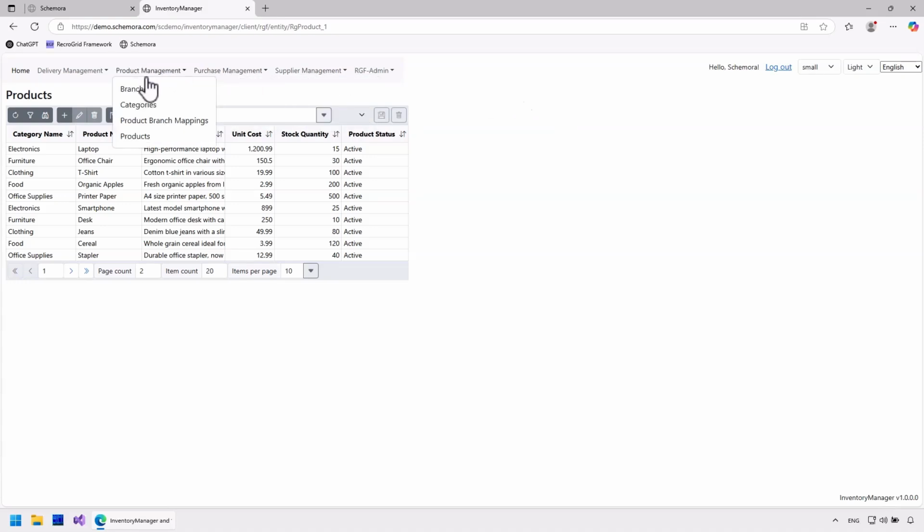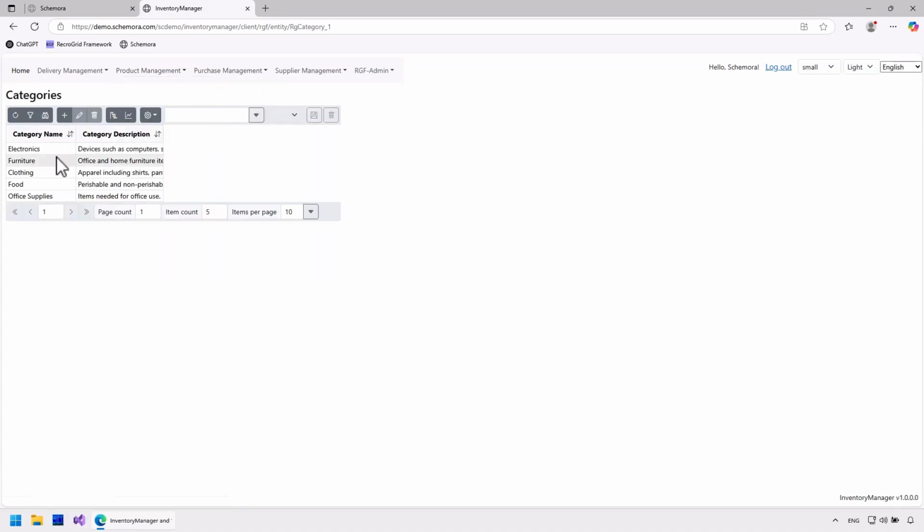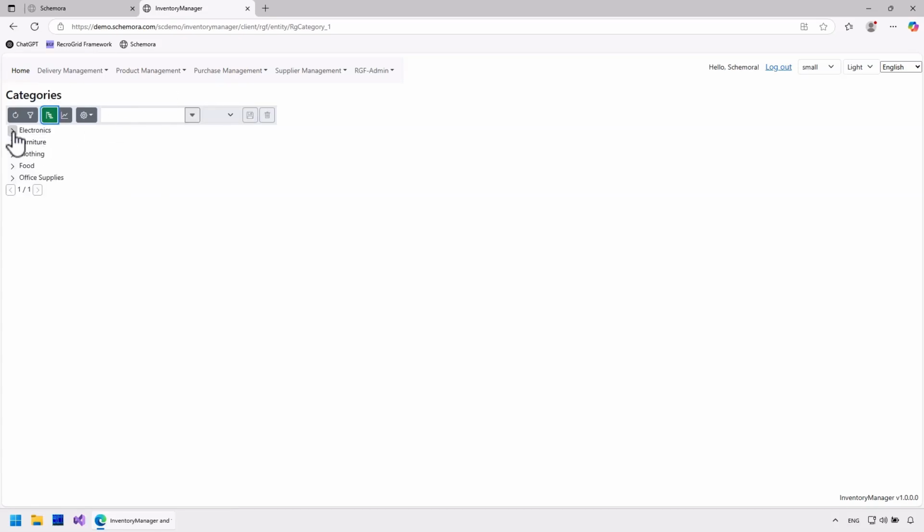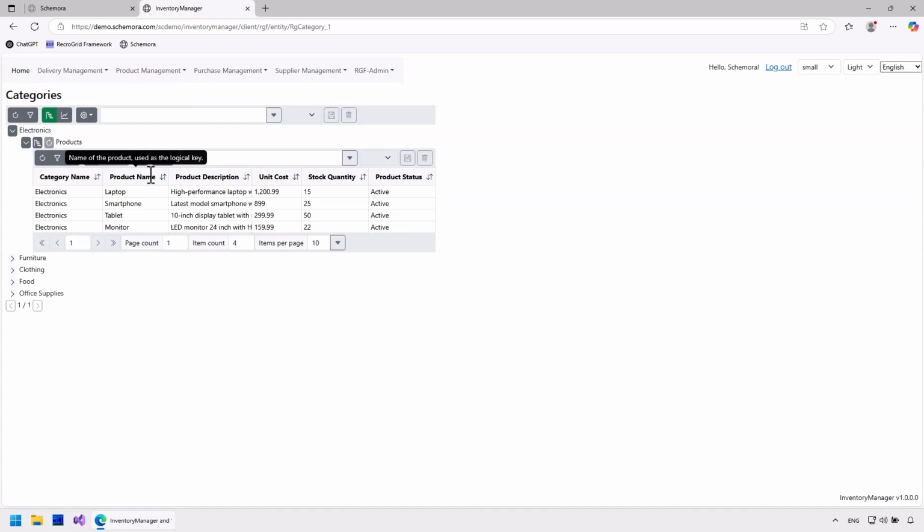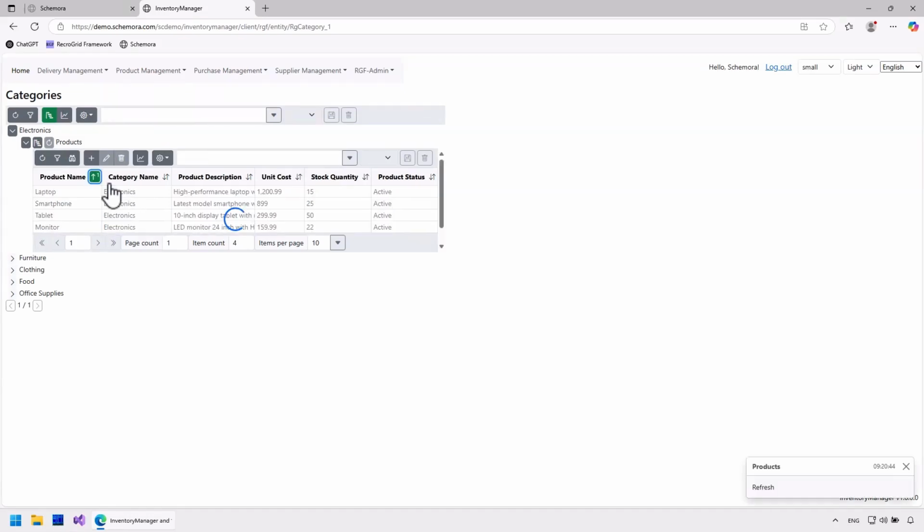In addition to the grid-style display, a tree-style view is also available. You can switch between views using this button. On the administrator interface, you can configure which related lists and how many columns should be shown. I won't show these settings now, but I will change the order of the columns.